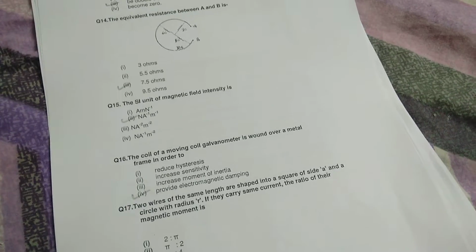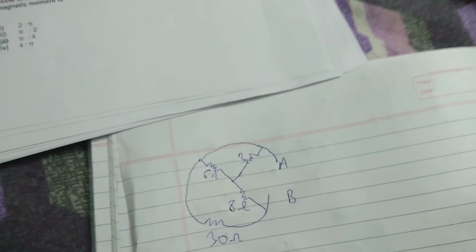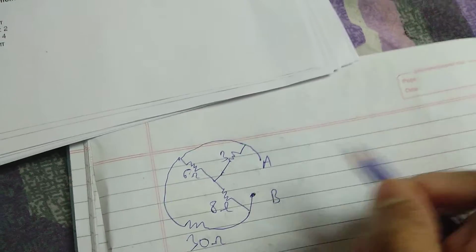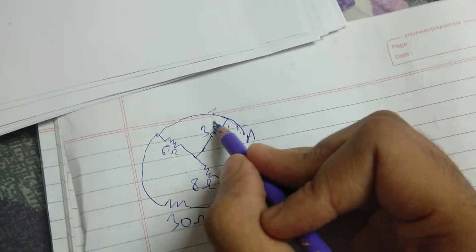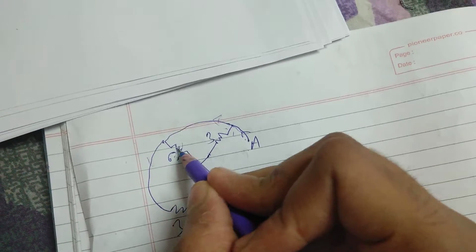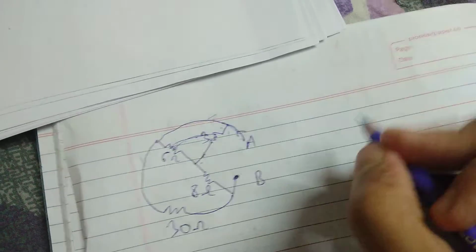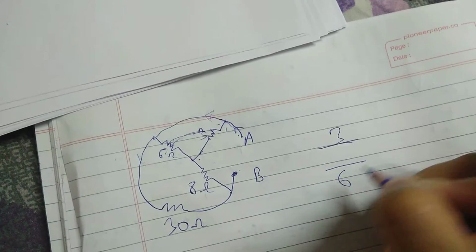So anyway, the question is this. First let me draw it, then I'll show you the figure. This is 3 ohm, I'm not writing the ohms. This is 6 ohm. This is 8 ohms. And this is 30 ohms. So this is what they have given us. Now they want the equivalent resistance across A and B. This is B and this is A. First the current comes from A, then the current divides into 2 parts, and then again the current is divided into 2 parts here. So 3 and 6 will be in parallel.